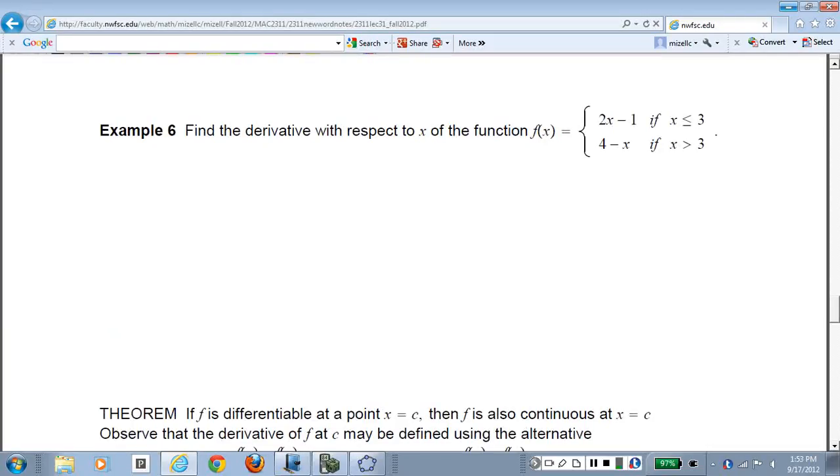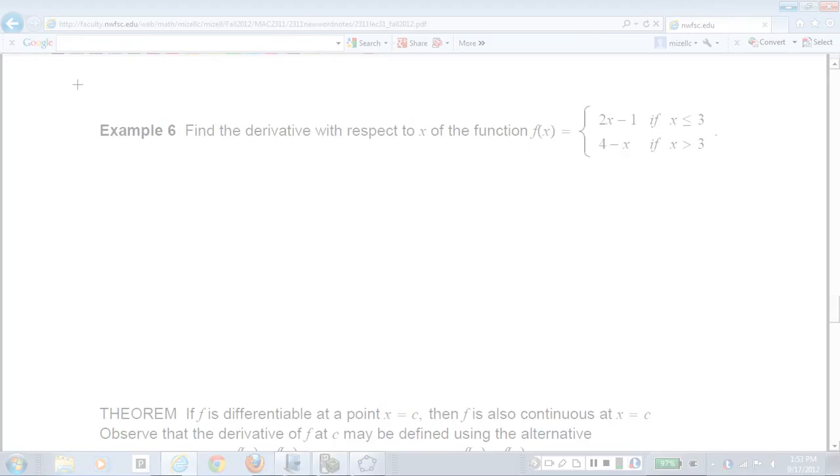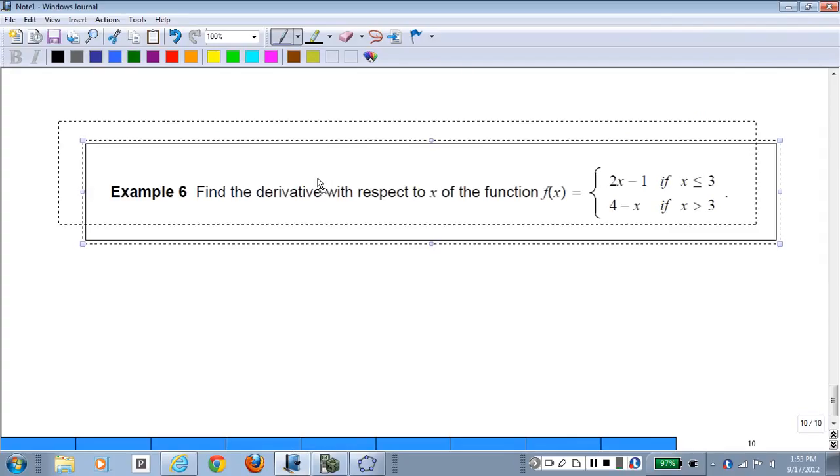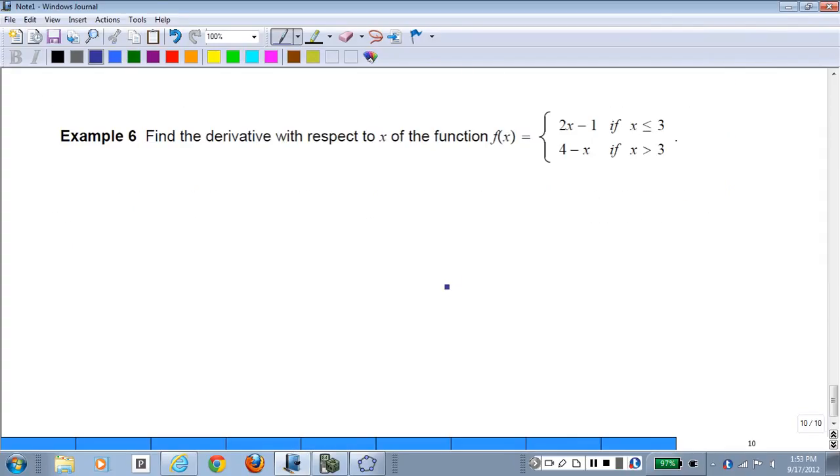Find the derivative with respect to x of this function. Well, this function, it wouldn't be bad to look at the graph of this function, because there's something going on with this function at x equals 3. If we look at this graph,